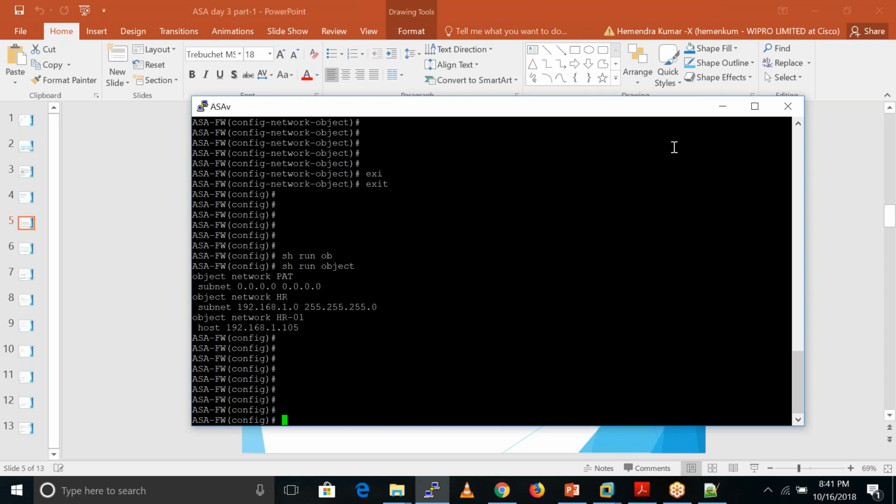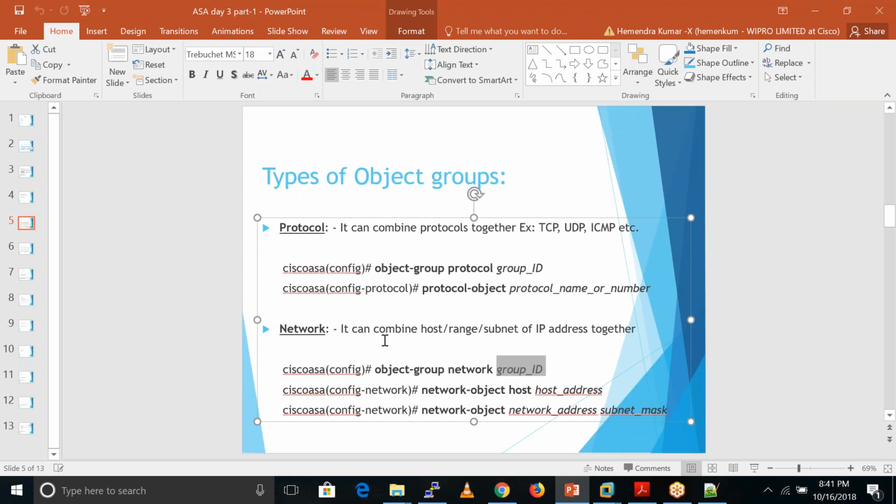If we want to write policies for these 10 users, we can just call this particular object in the ACLs. So an object is something like a group of 10 people that we combine together. Yes, same.